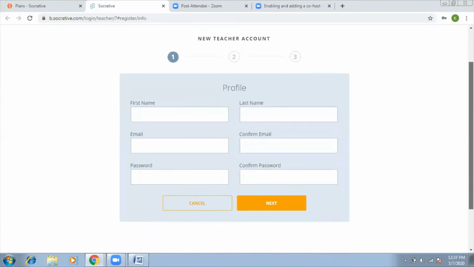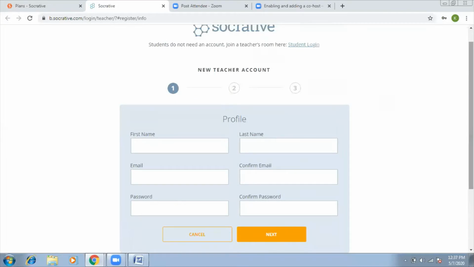And don't worry, even if you make any mistake while filling up this form, once you have signed up and started, when you log in next time, you still have an option to edit whatever corrections you have to do. For example, suppose you are working in this college, and if you leave the job and join another college, then you can always come back to your profile and change your college name.